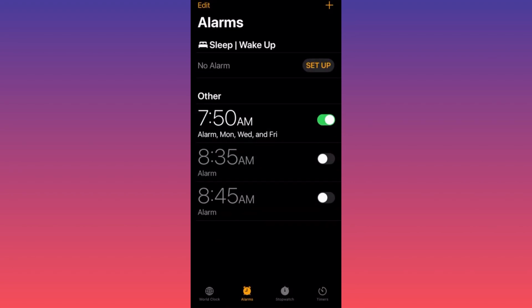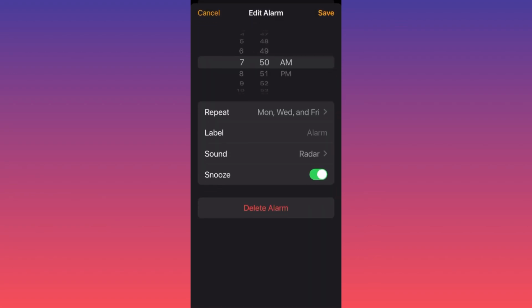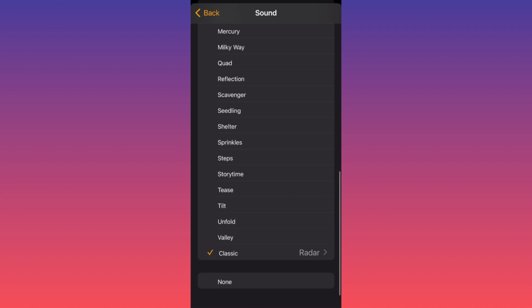When you click on your alarm, as you can see, we already have a preset alarm at 7:50 a.m. How can we actually proceed and change the sound of this alarm? You want to click on the actual alarm, right? Then the third option in the special menu will be sound. You want to click over here and you can scroll through all the different sounds and pick the one that